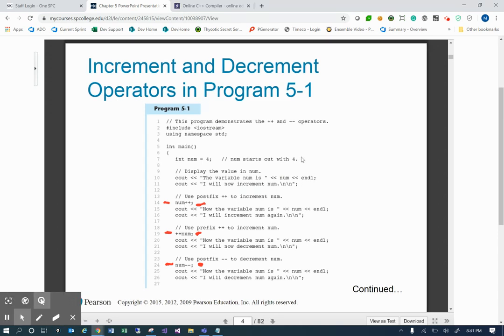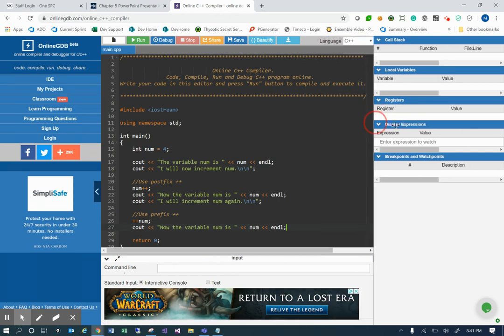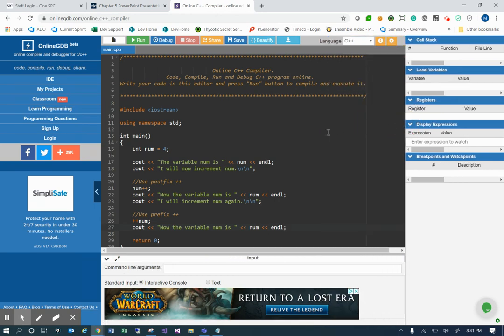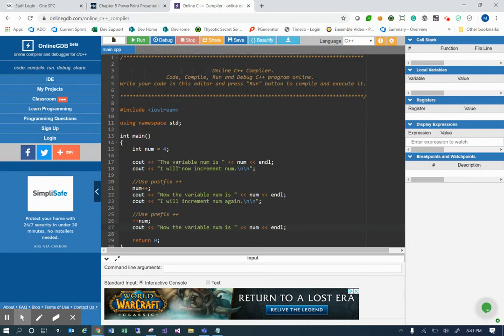Okay, so let's switch over to their online compiler here. And you're going to see that I have taken a snippet of the code we just had. Let's go back and you can kind of see, here's that code that we had, and I just took a snippet of it. This is the increment part. And as we run this, we're going to see